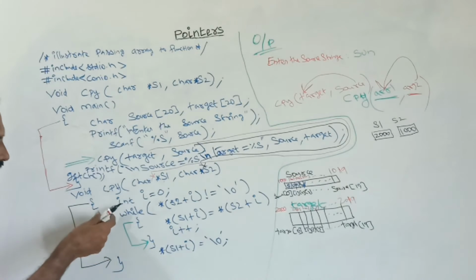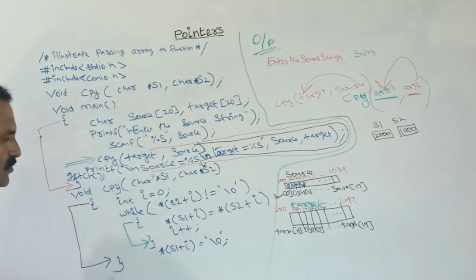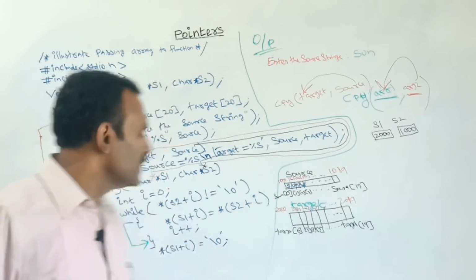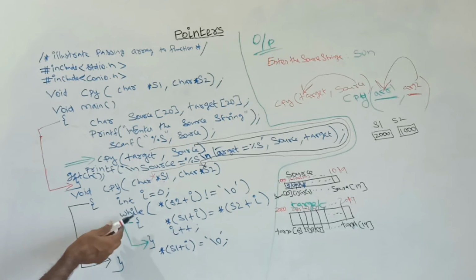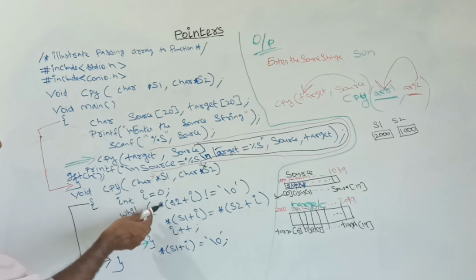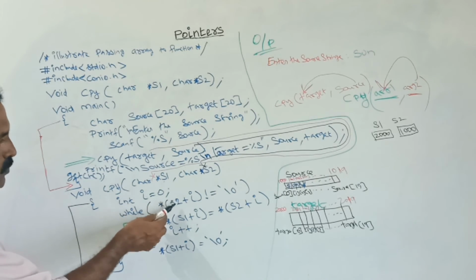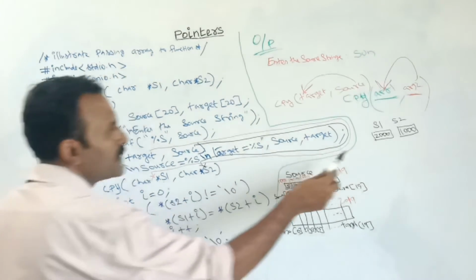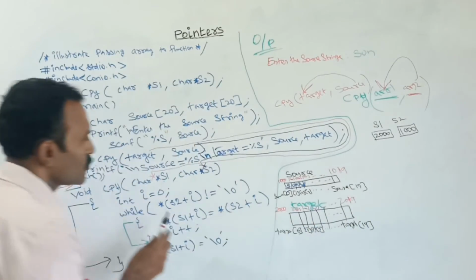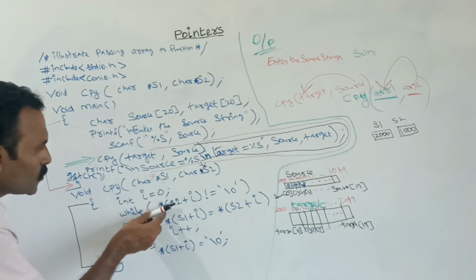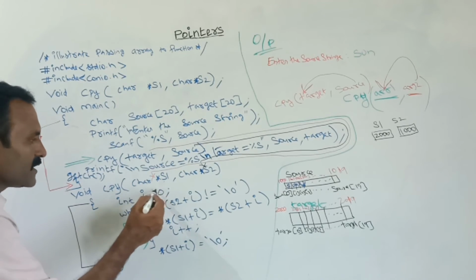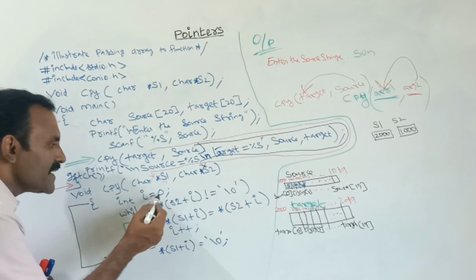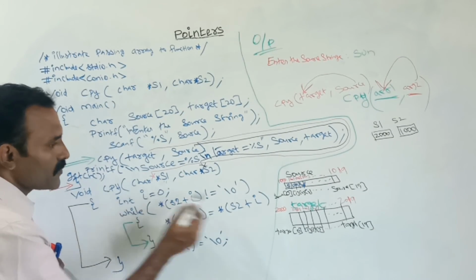Next, I had initialized the variable integer i equal to 0. This is used for the loop. Here I am using the while loop. First, in the while I am checking the condition: while value at S2 plus i not equal to slash 0. Here S2 contains 1000. So here I am telling S2 plus i. What is the i value? This is important. When you are initializing, you should initialize the i value here itself. So from the 0th position it takes.